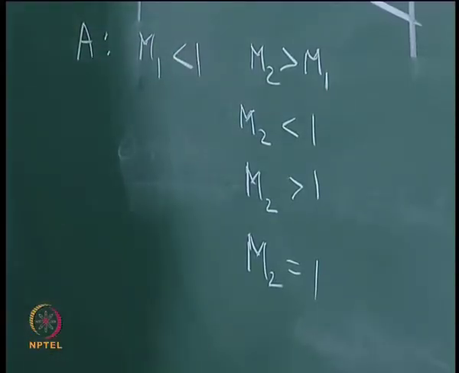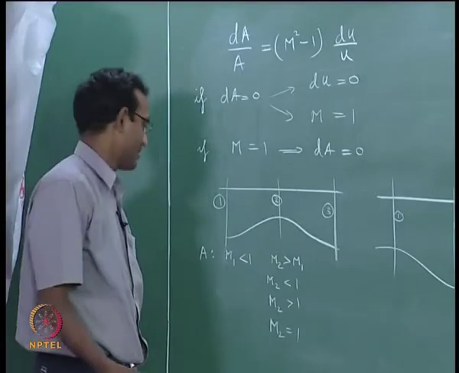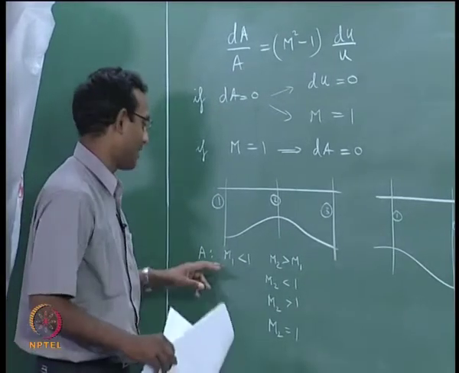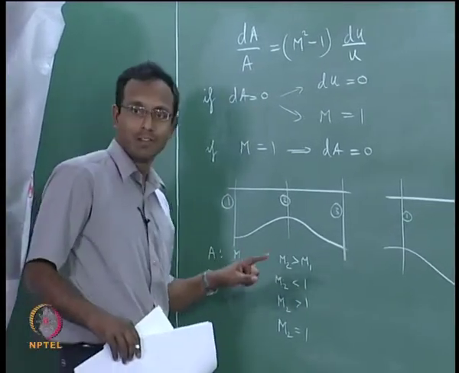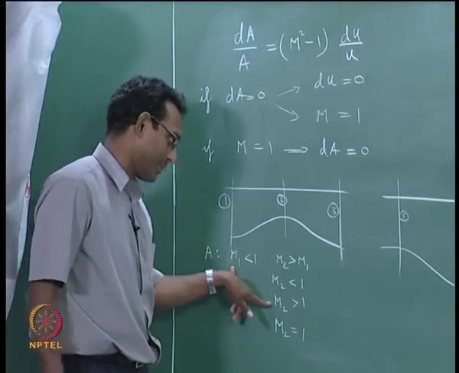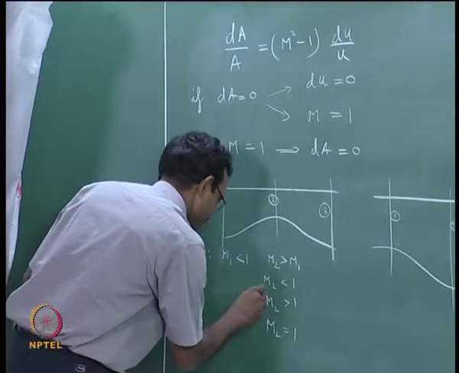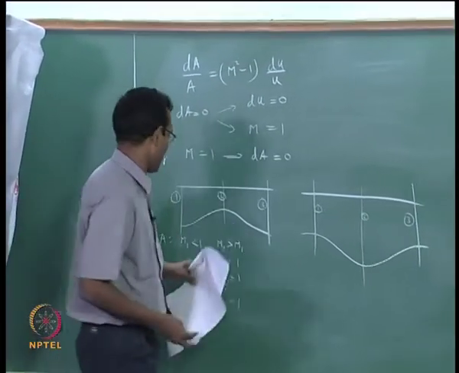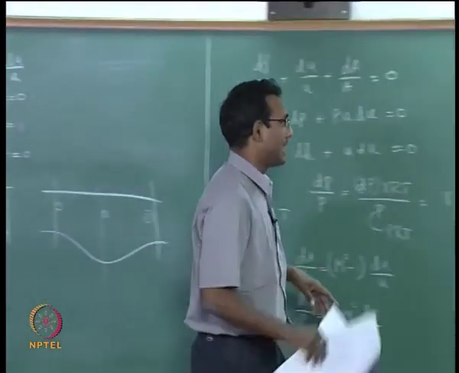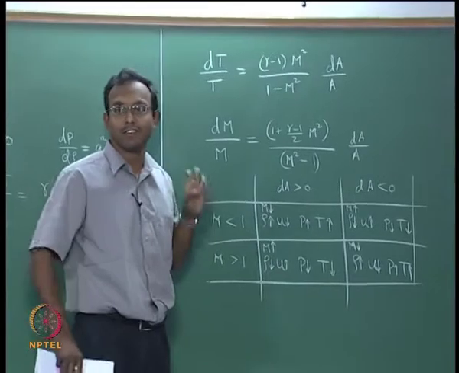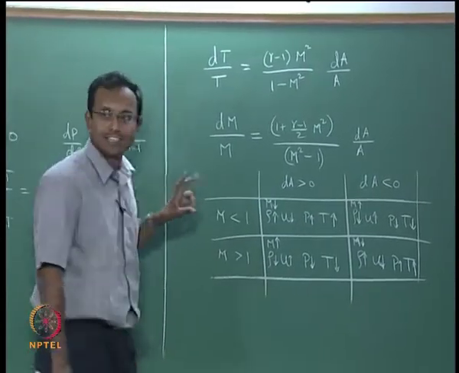Which one? The second one cannot happen. Why? Because directly going from subsonic to supersonic, and that will be violated in your table if you look at it. Say I am having 0.5, it is going to 1.2, let us pick this case, this cannot happen. Okay. Why? We will go to that table. Okay. Say I am having 0.5 and I want to go to 1.2, and I am having only a converging duct, dA less than 0.